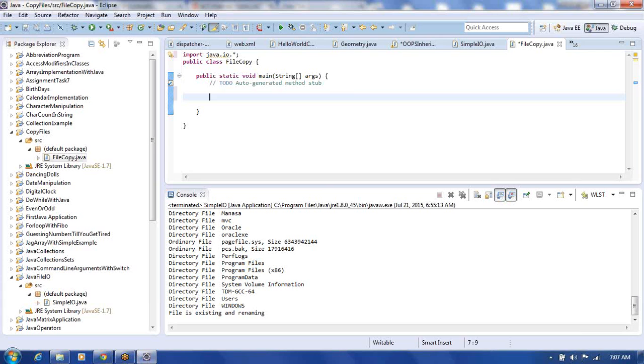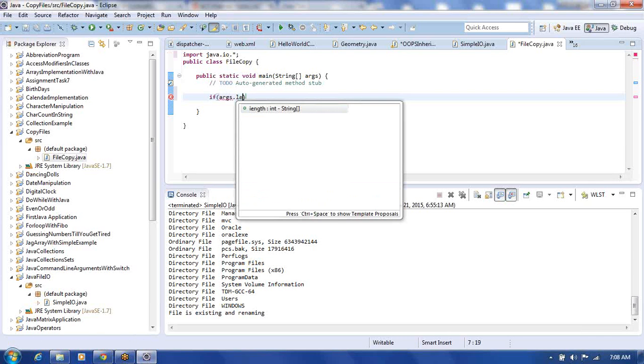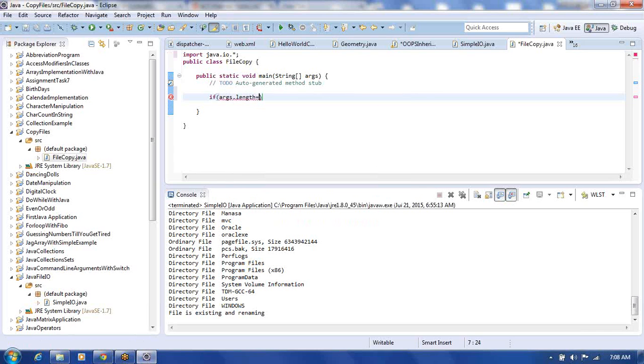Here, with the command line, you have args, the string array args. When you specify 3 arguments, it should be working, otherwise it should not work. So for that purpose, first of all, we write it this way. We take an if condition, args.length, if it is equal to 3, we try to execute this piece of code. Else, here I write